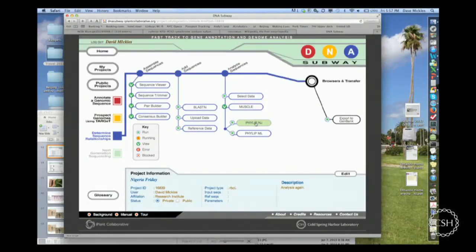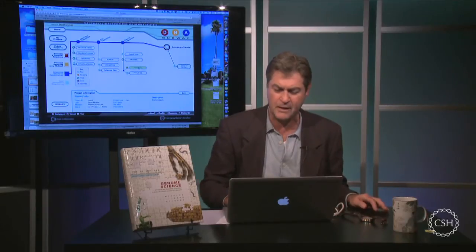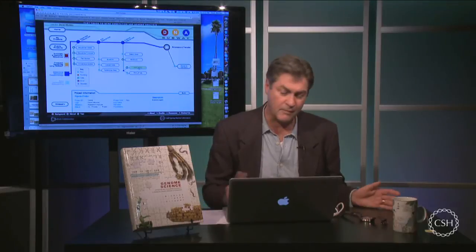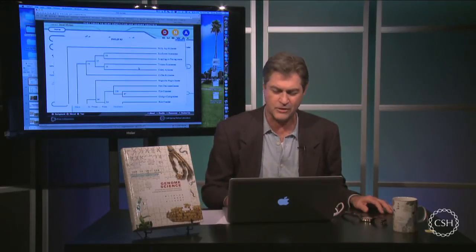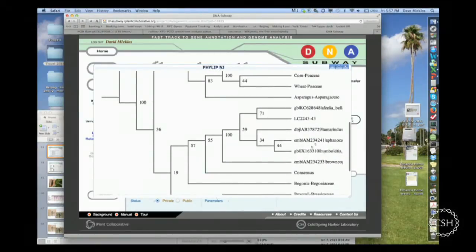But let's start by building the simplest kind of tree, which is called neighbor joining, which builds the tree one link at a time, and each link will be on a separate step. It's very fast to build, but remember, out of all these data points, there are hundreds of different trees that you could build to explain the relationships between those different mutations. But here's one, and mainly I just want to come in and see that group that we generated, and yes,